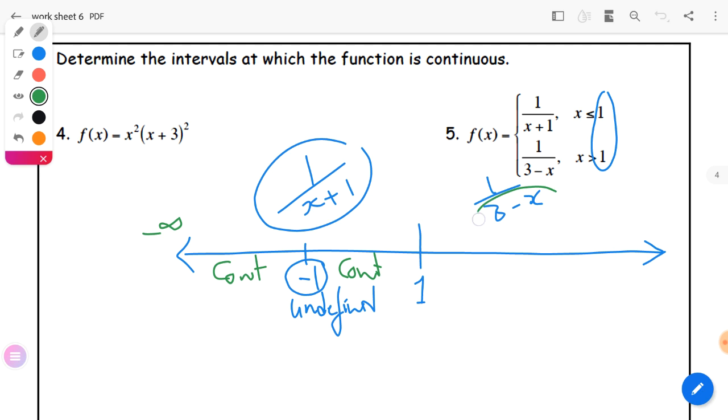Here, as you know, what is the zero here? The function 1 over 3 minus x is undefined when x equals what? 3. I have to discuss everything. Where is the function undefined? Where is the value at which we have two different rules? Okay, the values of x where we have a different rule, I have to write on the number line. Okay, here continuous. Here what? Continuous. But here what? The function